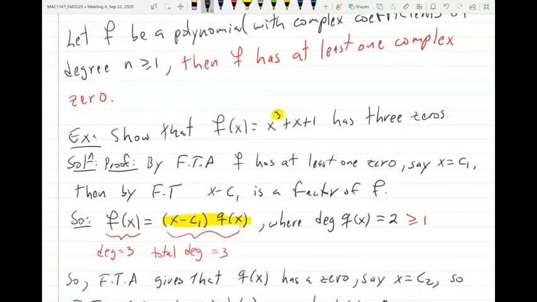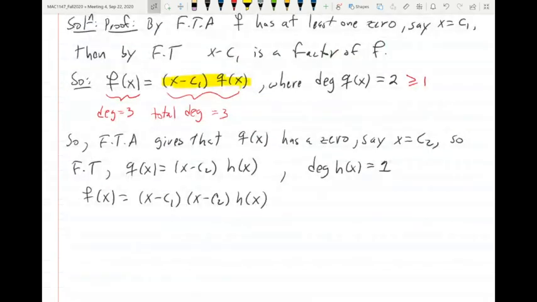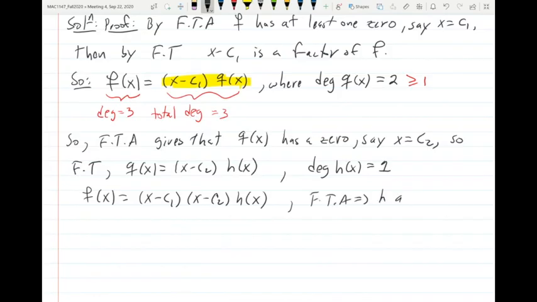You need to allow yourself complex solutions, otherwise just consider this polynomial, x squared plus 1. There are no real solutions here. All the solutions here are complex. So this theorem makes sense if you talk about complex numbers in general. But the point is that h has degree 1, so again the fundamental theorem of algebra implies that h has a 0,